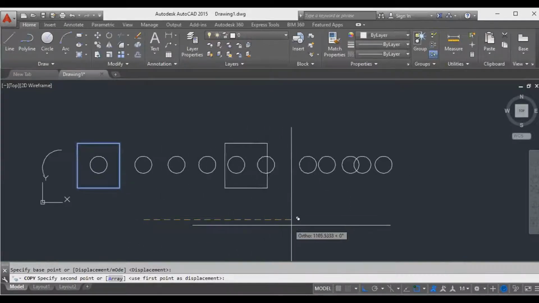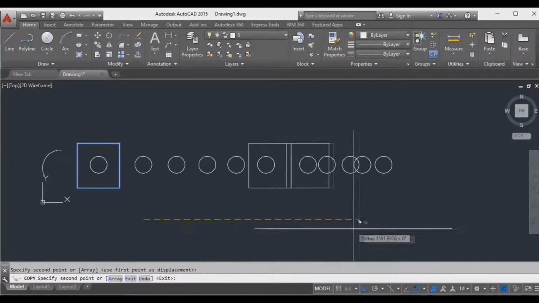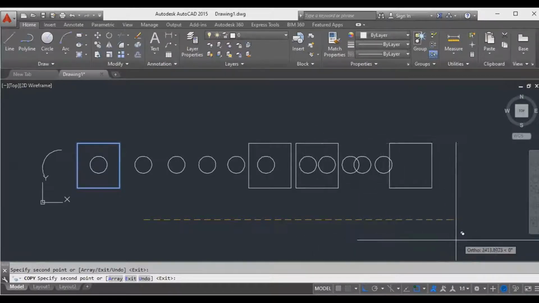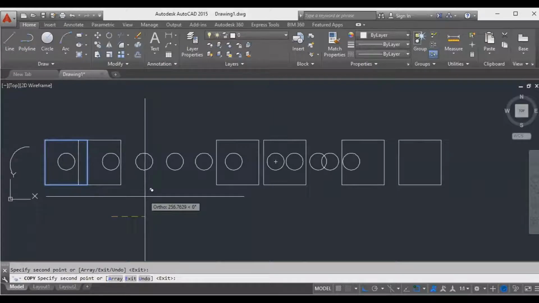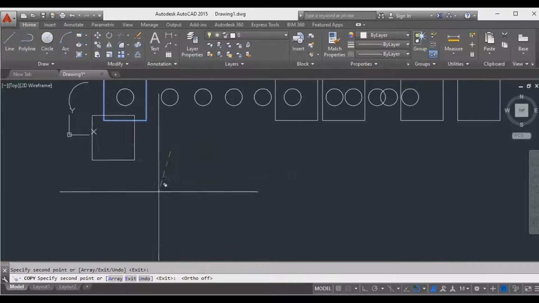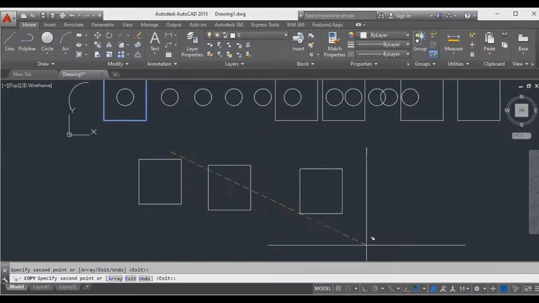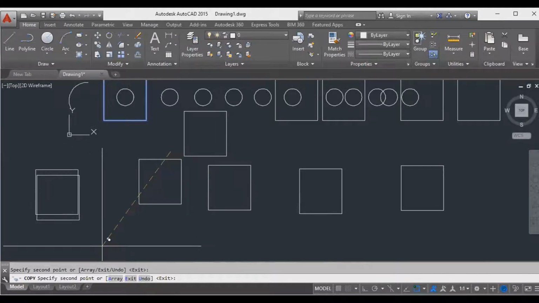Automatically the object will move, and wherever you want, you can click. Just click, then the object will move. If you turn off the F8, the object will be free-handed and will move easily. See? So this is the way to copy the object. Okay?